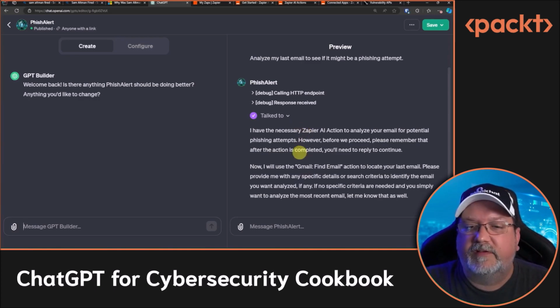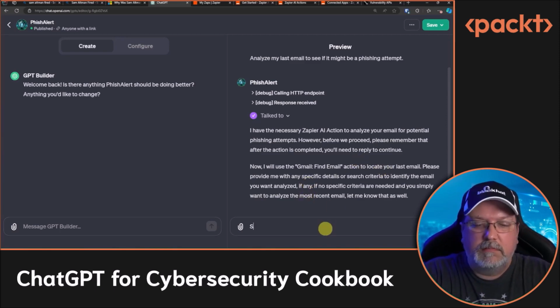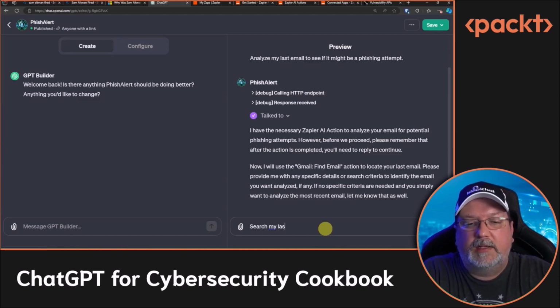It wants the specific search criteria. Okay, now I will use the Gmail find email action to locate your last email. Again, I'll just tell it, search my last email,